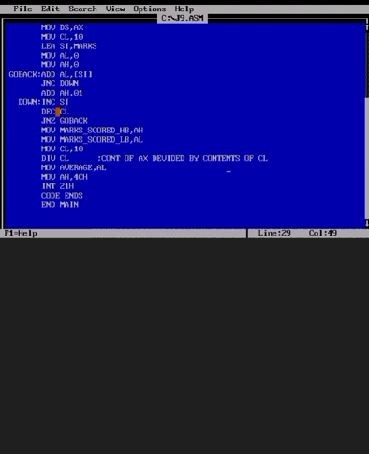Then decrement count. After adding one number to the AL register, JNZ go back, that is jump if non-zero, go back.